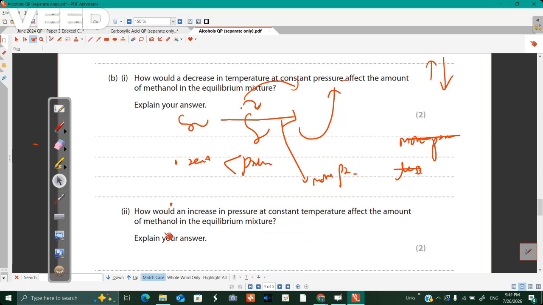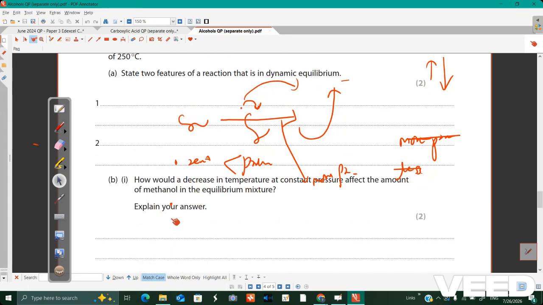How would an increase in pressure at constant temperature affect the amount of ethanol in the equilibrium mixture? Right? How would the increase in pressure? Increase in pressure means